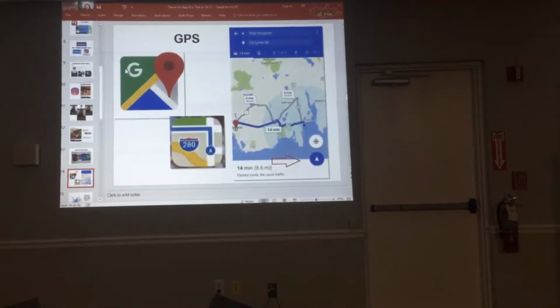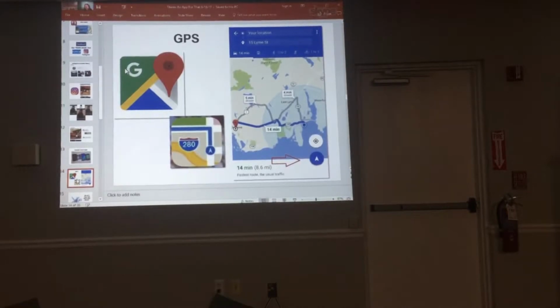If you've never used the GPS on your phone, it's already there, it's free. You don't want to do it while you're driving, but you could do it while you're walking. If you look at the map that I showed you here, in the top line, the phone will find your location if you have your location services turned on, or you could type in your location. Below that is where you type in where you want to go. In this case, I typed in 15 Lime Street, so it was taking me from my location to 15 Lime Street.